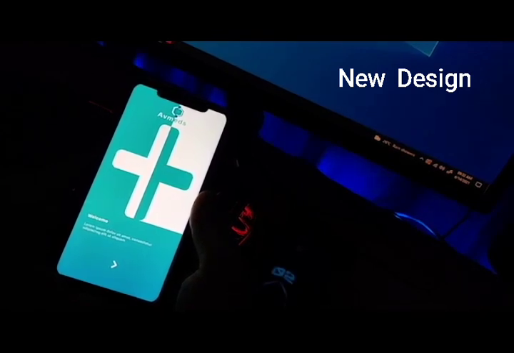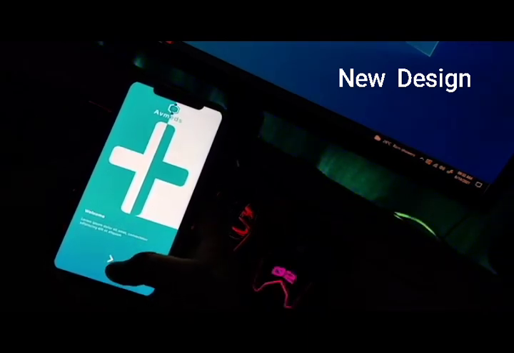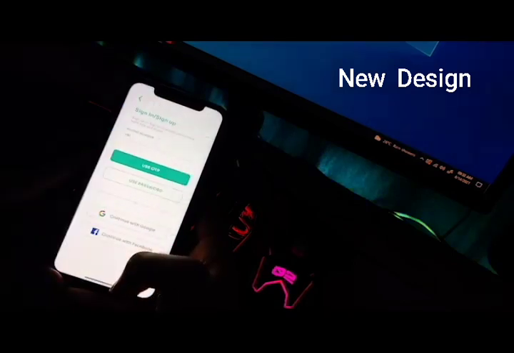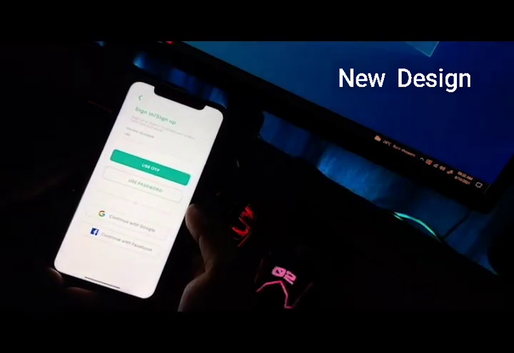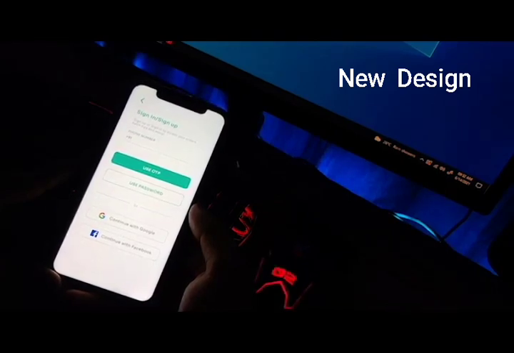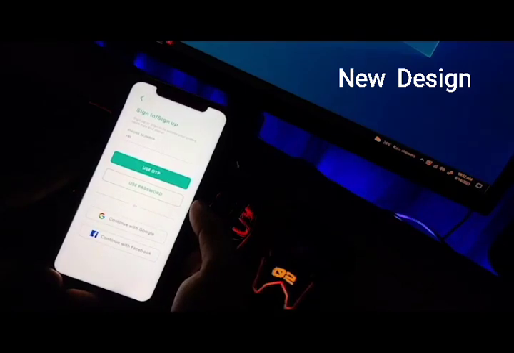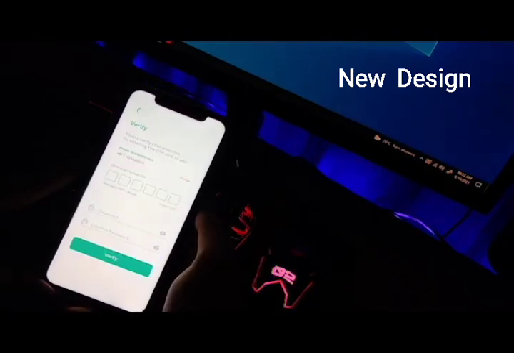Now, the second thing is the sign up and sign in option. It should be at the start. The sign in option is also important, so that the user can easily make their account or log in to their account. There are two options. One is OTP, which is a quick, easy step, and the second is to use your email or social media account. Now, one issue is solved. Moving to the second issue.